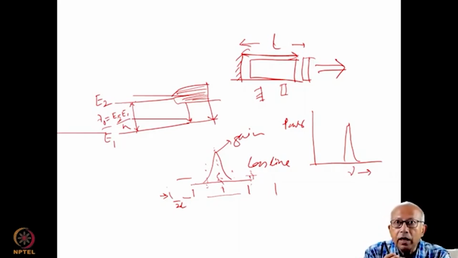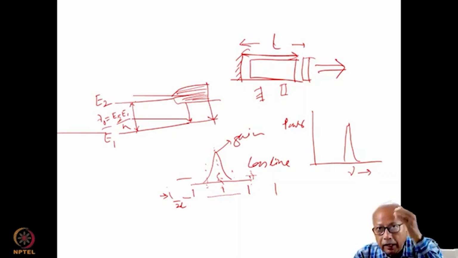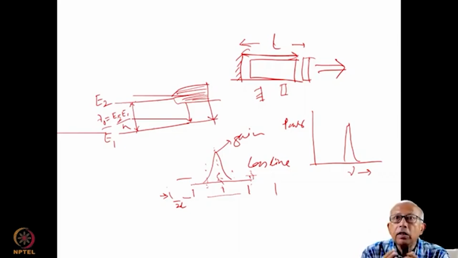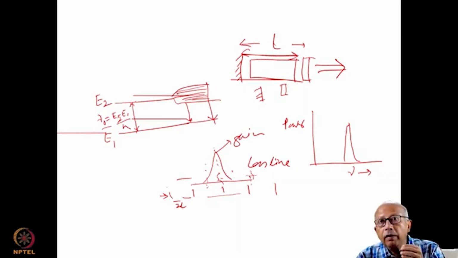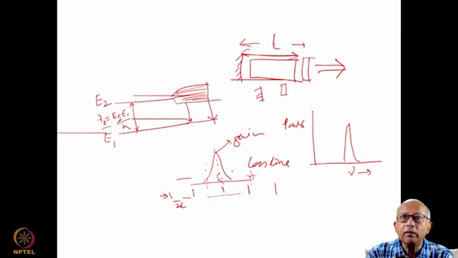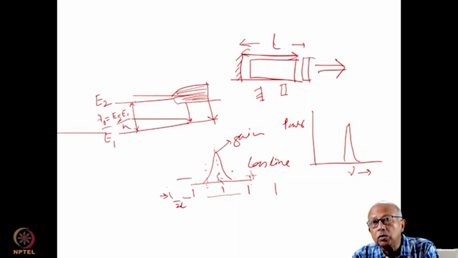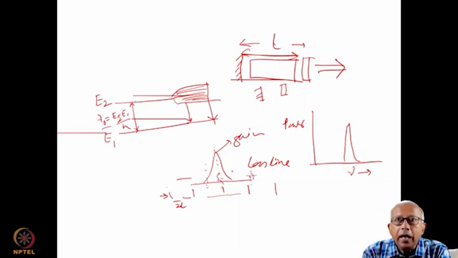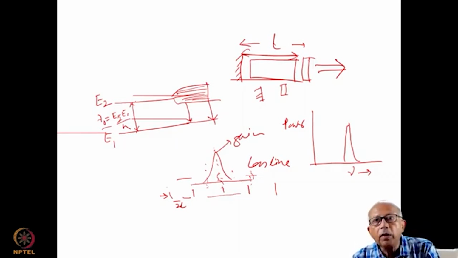Therefore, the chance that this collision will relax the excited atom to the ground state will be less, because they will collide less frequently, and therefore this will result in increased lifetime of the excited level. And increased lifetime means, according to Heisenberg's uncertainty principle, if you increase the lifetime, then the broadening of the energy level accordingly reduces. And so gain broadening reduces when we reduce the operating pressure, in case of a gas laser, say.